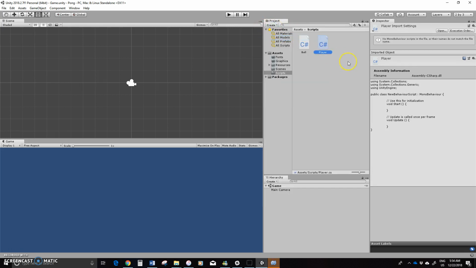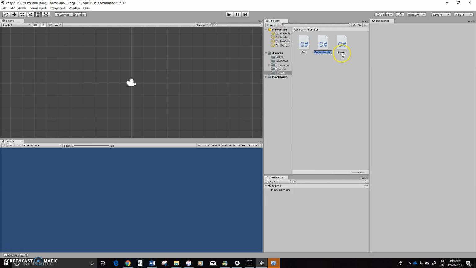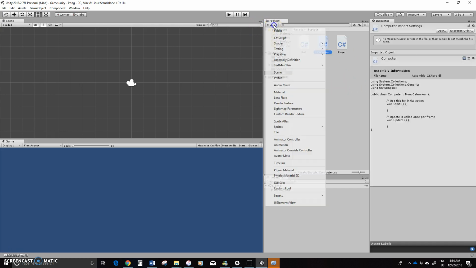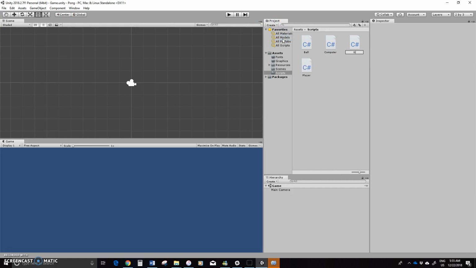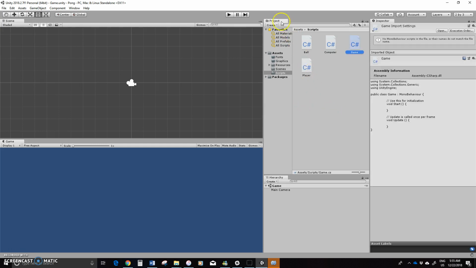And another one. We'll call that one computer. So those are both the player controller basically, and the computer controller for the AI opponent. A couple more. One will be sort of our game manager. And the last one